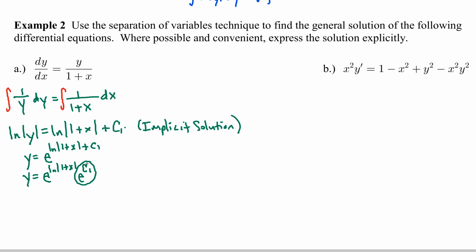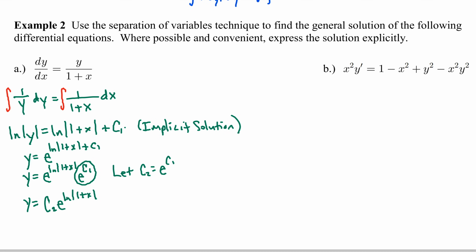E raised to a constant. Well, since e is a constant and C sub 1 is a constant, a constant raised to a constant produces another constant. So I'm just going to call that constant C sub 2. So we'll say let the second constant, C sub 2, equal e to the C sub 1. Then I could rewrite this as C sub 2 times e to the natural log of the absolute value of